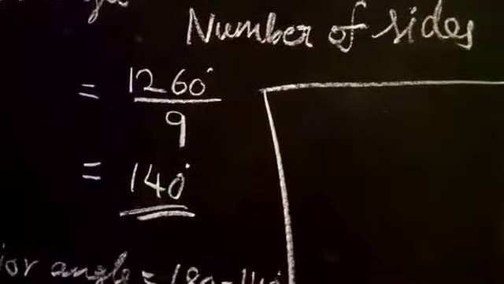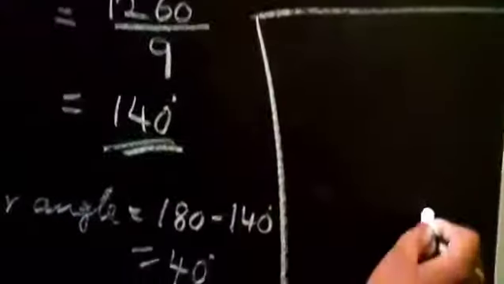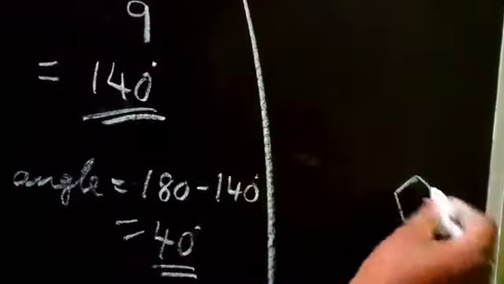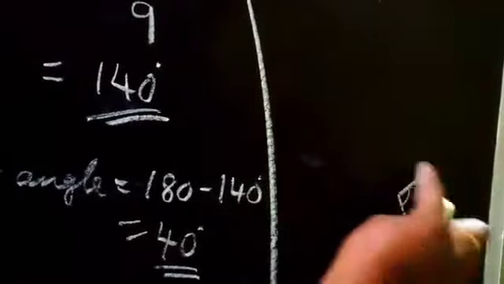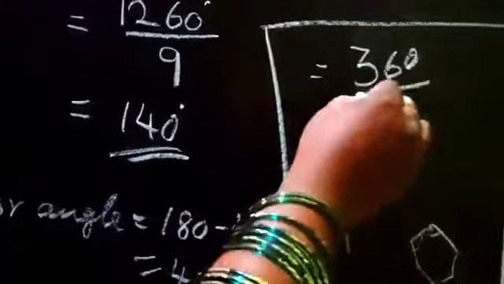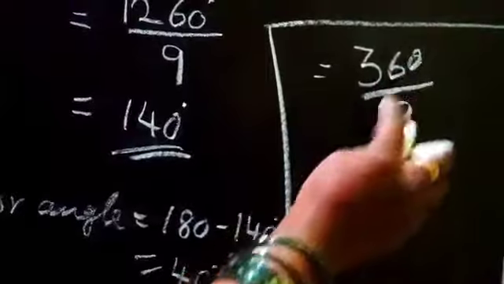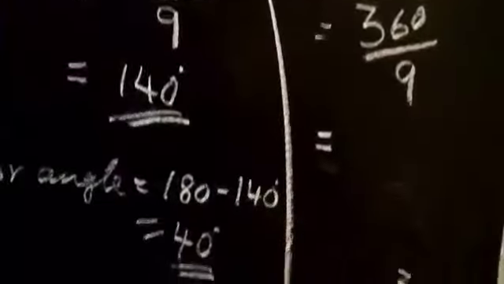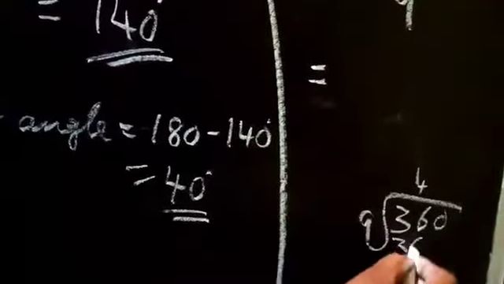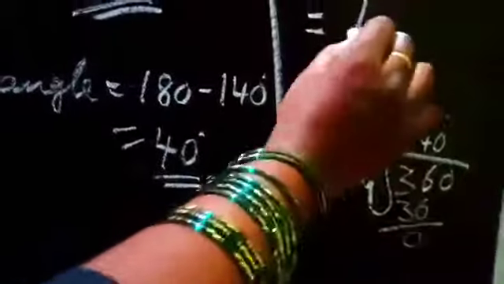In this sum only, I will teach you easy method how to find the exterior angle. Because in figure I showed like this, correct? You think this is like 9 sides we have. Everything when we add, total angle will become 360 degree. Divided by, how many sides I told? 9 sides. So divided by 9. 360 divided by 9, it will become 40. Because 9 4s are 36. This 36 minus 36, 0. This 0 we have to write. So we will get 40.